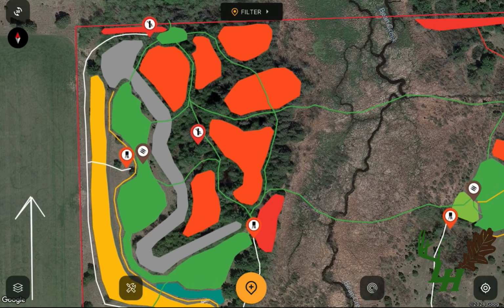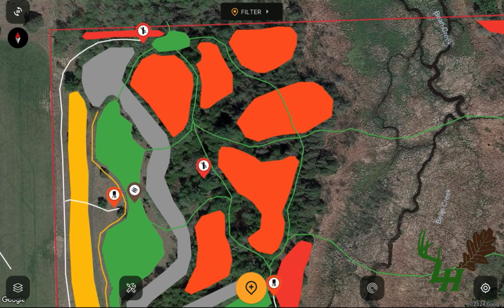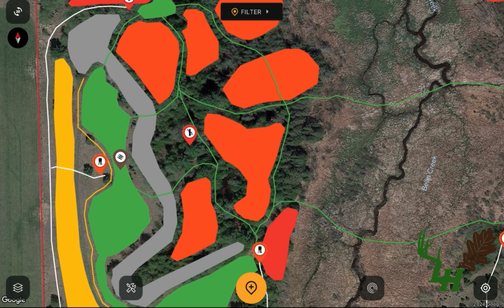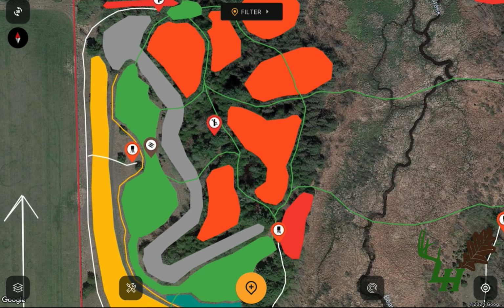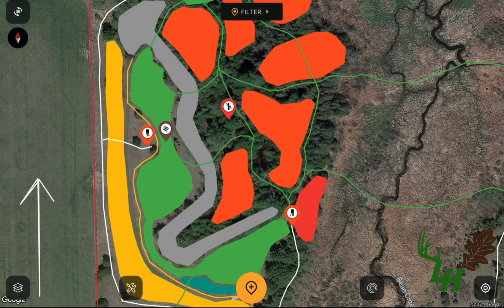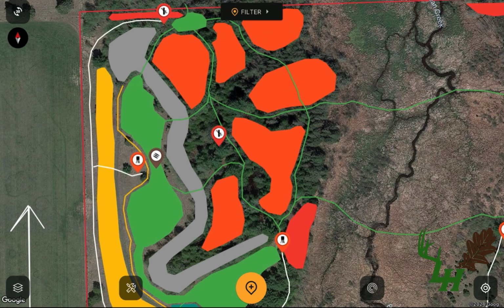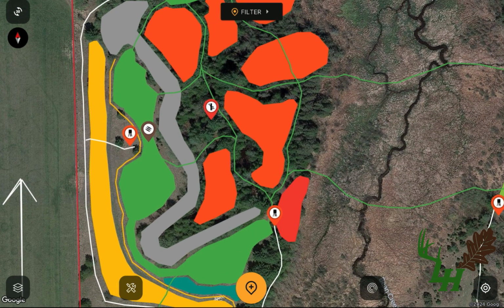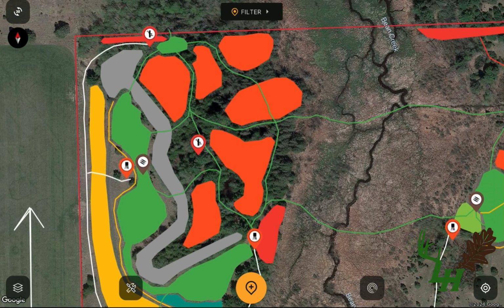Most of the video footage was taken back in this section here. This is primarily all cedar through here. There's a little bit of big tooth aspen, some poplar back here. We put down a lot of edge feathering along this edge here. As you can see, we've got a winding food plot design here that works out really well for his access. We still have quite a bit of screening to add in here,